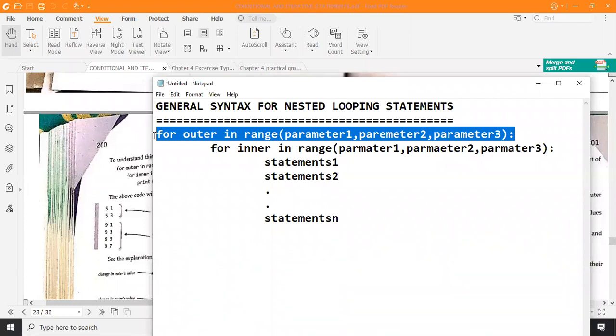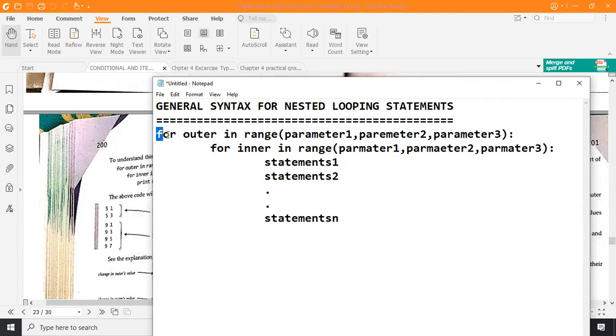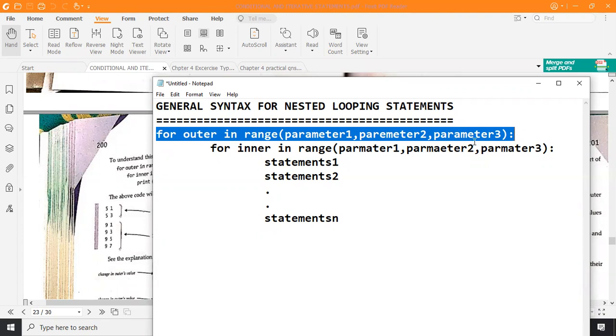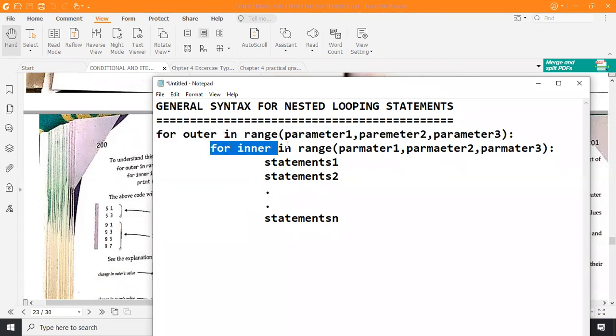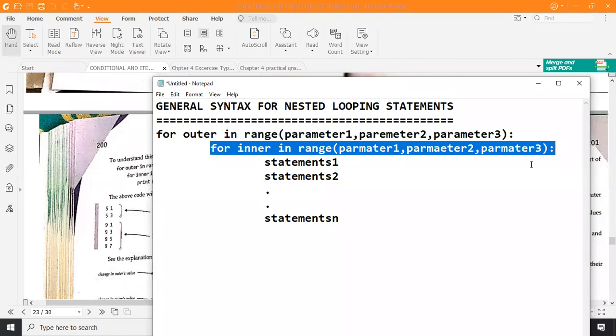So the program controller reaches the outer for loop. That means you have to understand the program controller is at this point. Now, after getting values from the range function, the program controller moves to the inner for loop. Means the program controller right now is at this point.